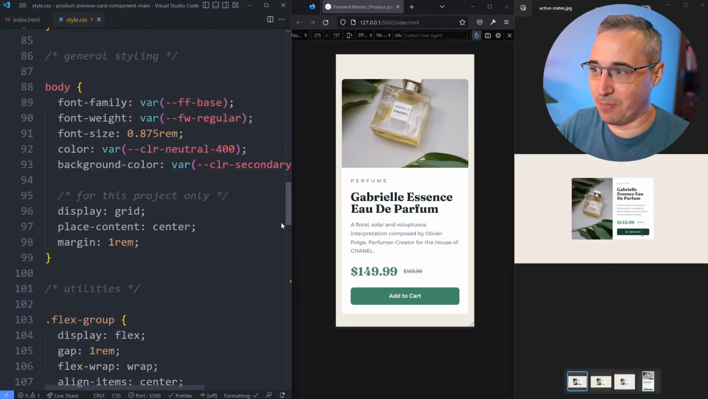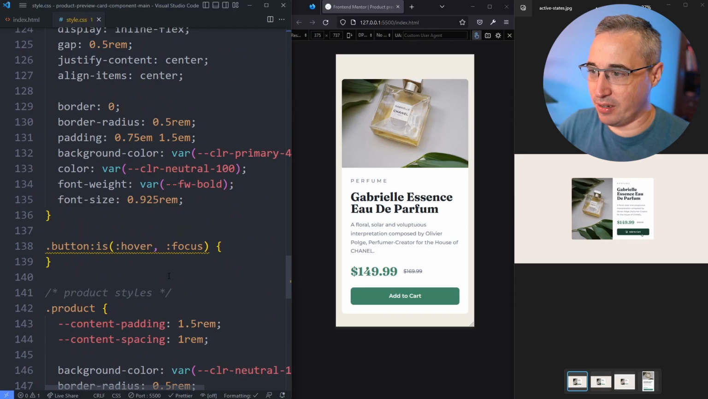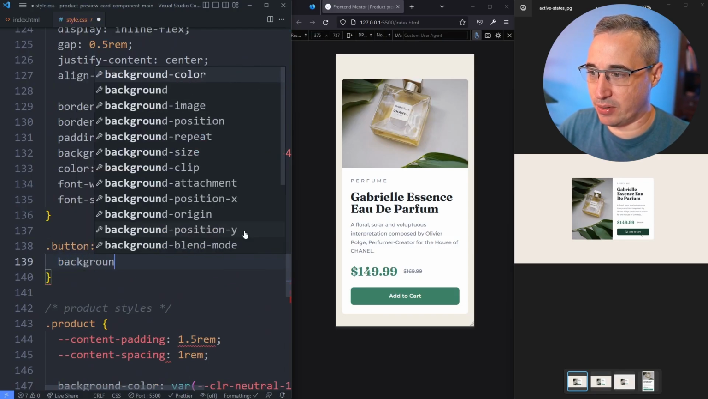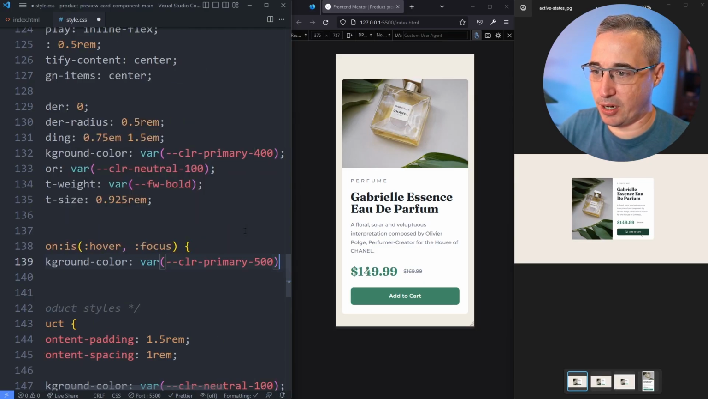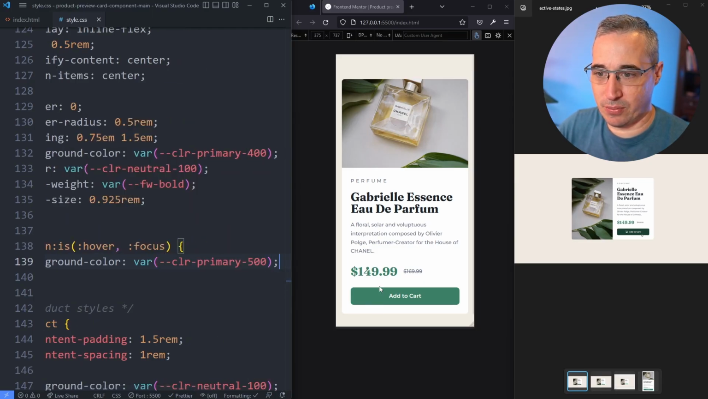So I can come down, find the button I'm working on, and we can say here that the background color is my, that was 500, right? Primary 500. So now we should get